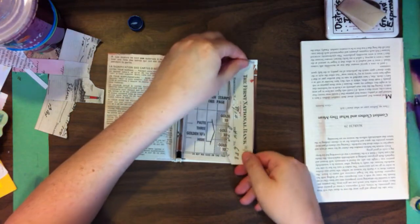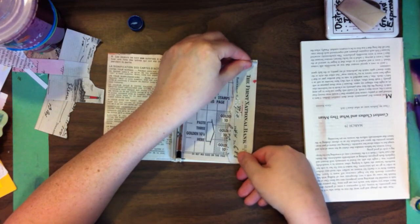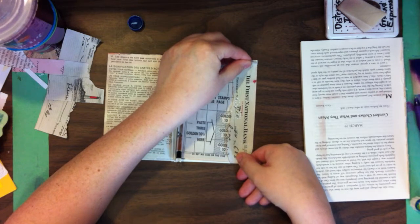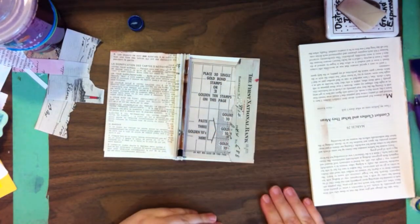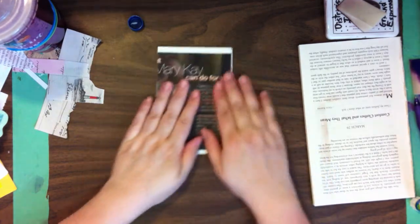Alright, so now I've got to line this baby up to the edge. So I just wanted to cover that. Alright, that's looking good. Liking that. Alright, then on the back,